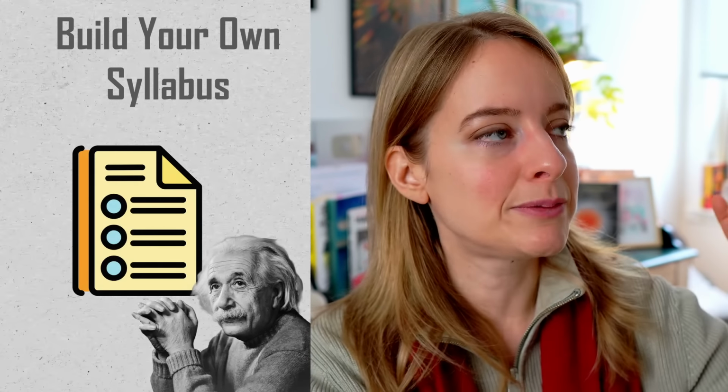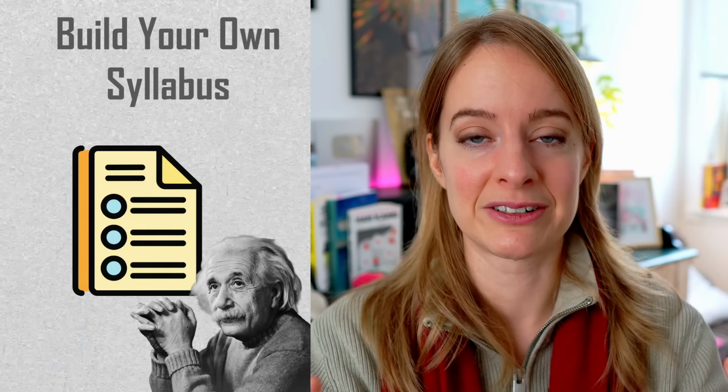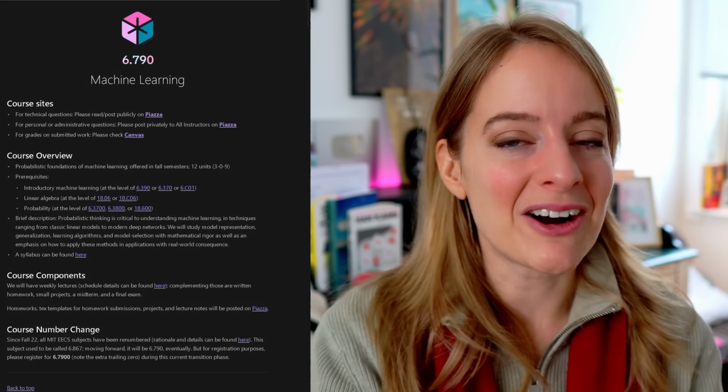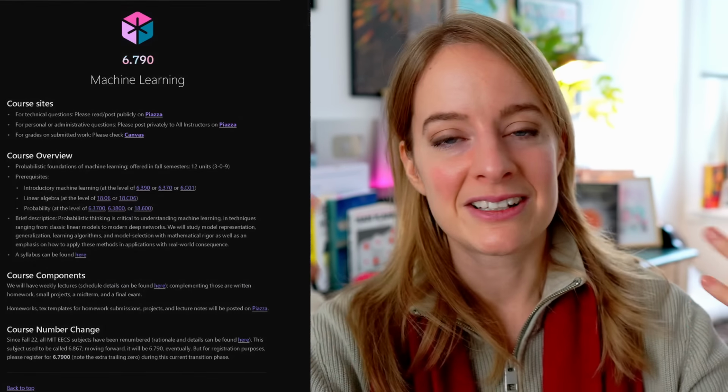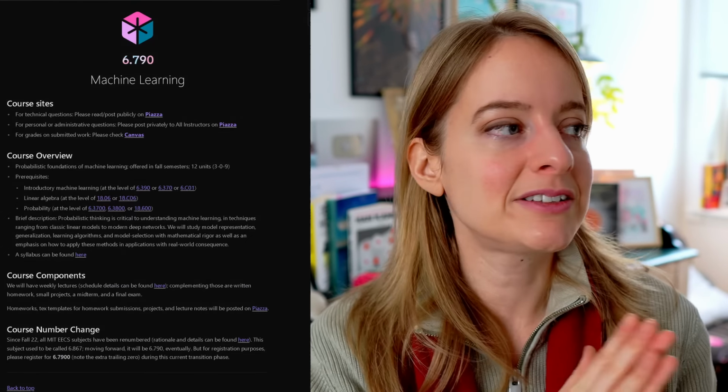Then afterwards, it's the art to create your own syllabus for this topic. And how I usually do it is I start with a syllabus online if something like this exists. For example, for machine learning, there are many syllabi online from different master's programs and bachelor programs that teach machine learning. You can just Google Harvard machine learning class 2025, and then you will find the curriculum for that class. But if you, like me, chose a topic that probably doesn't have a syllabus online,